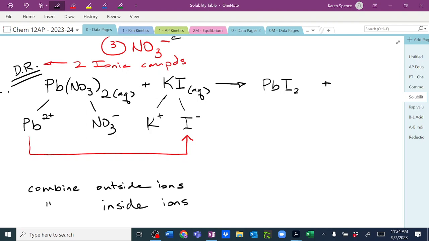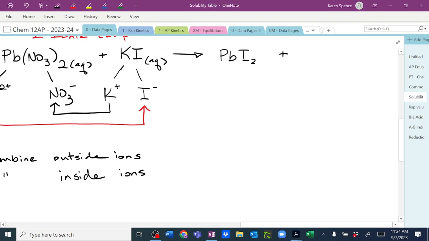on the outside ones and then go backwards on the inside ones, and that's always going to put your cation first, okay? I don't want to see any NO3K. I don't think many of you would do that, but sometimes our brain has fallen asleep over the summer, and you know what I mean, right? It could happen to the best of us. So we go forwards for the outside, backwards for the inside, and then we end up with